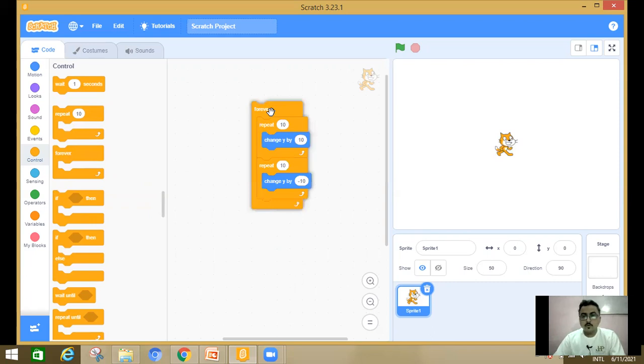Now I'm going to run this program. Here you can see that my cat is now jumping, but I have not included the keyboard command. So I'm going to now click it.